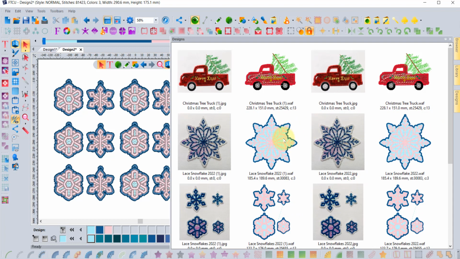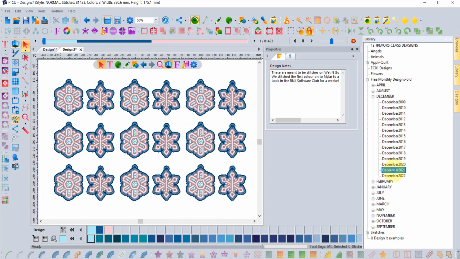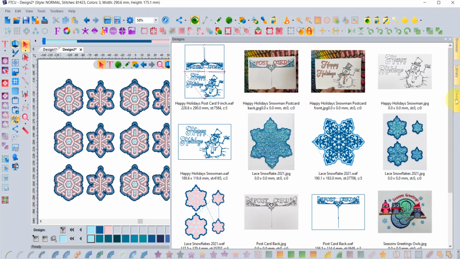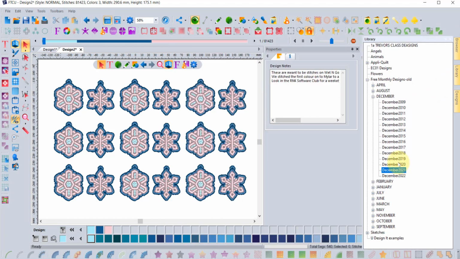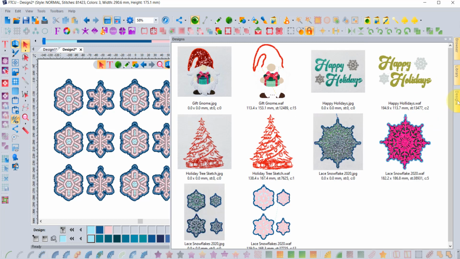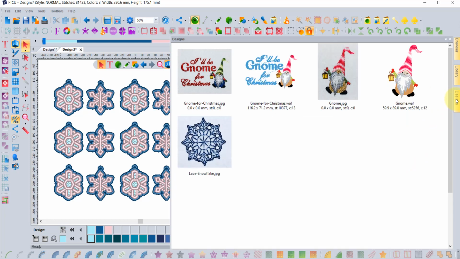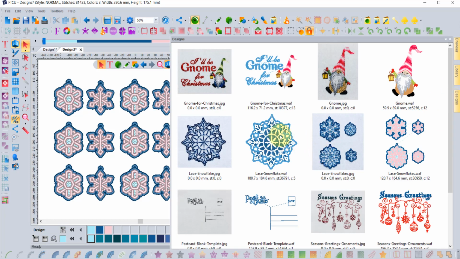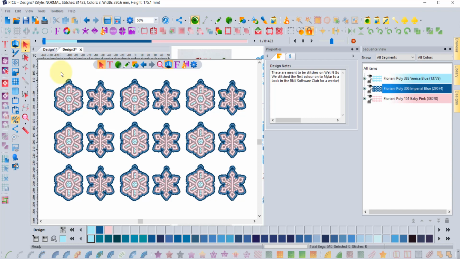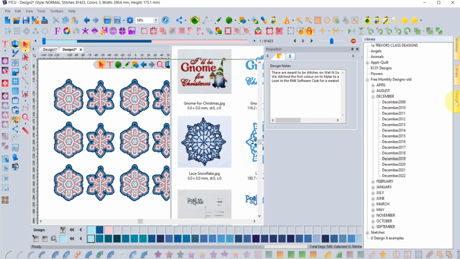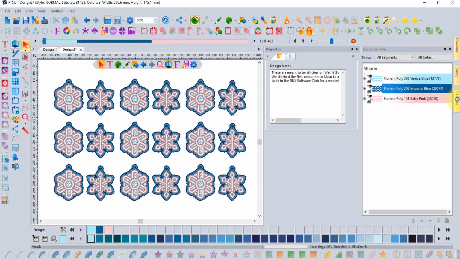Well, that is because I installed the December file twice. And notice that if I click on December 2021, I only have 1 copy of that snowflake, and there's a few snowflakes, just so you know. There's another set of snowflakes in December 2020, and if you really love the snowflakes, you'll find the first set were from December 2019, and so you can collect all the big snowflakes that way. So my point here is, when you download December and you install it, if you do it a second time, then it's going to make 2 copies of the file,